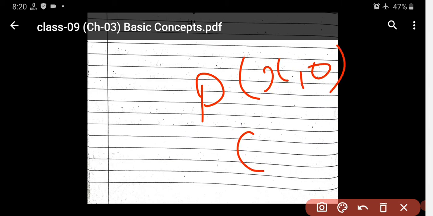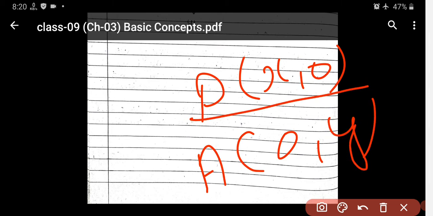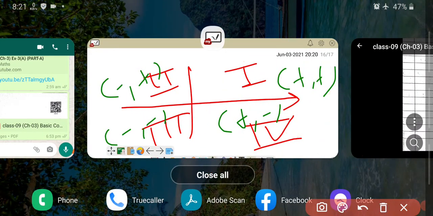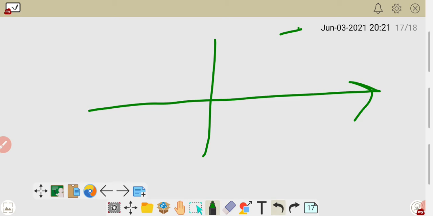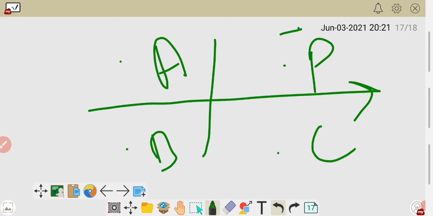Now just see here, if they ask about a point of the form x, 0, or a point of the form 0, y. If it is x, 0, then you have to say that the point lies on the x-axis. Let me tell you what the meaning of the x-axis is; this is very important. Now just see, I have drawn four quadrants here. If the point lies here, you select the first quadrant; if the point lies here, the second quadrant, here the third quadrant, and here the fourth quadrant.